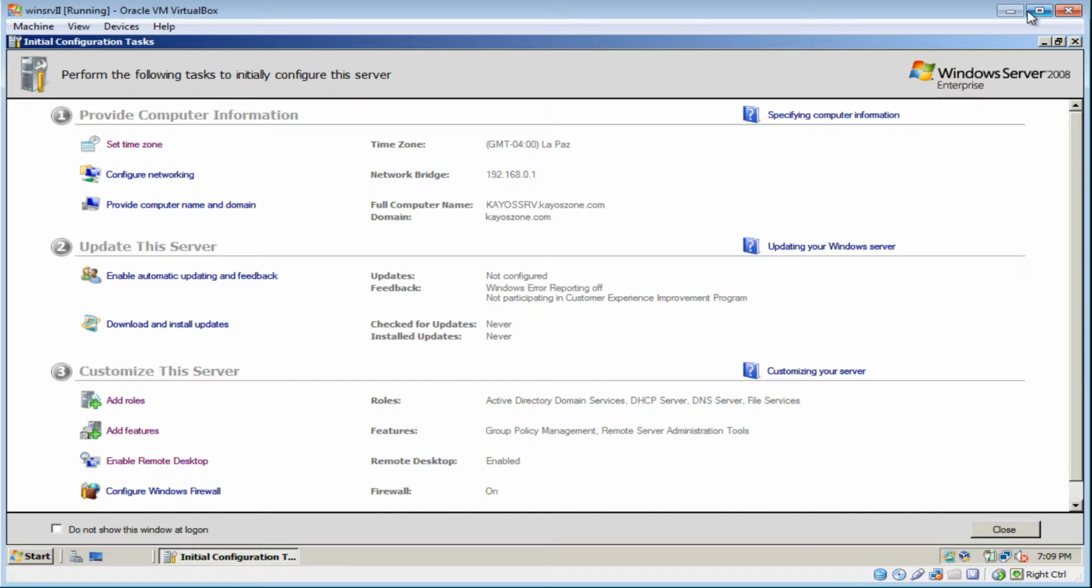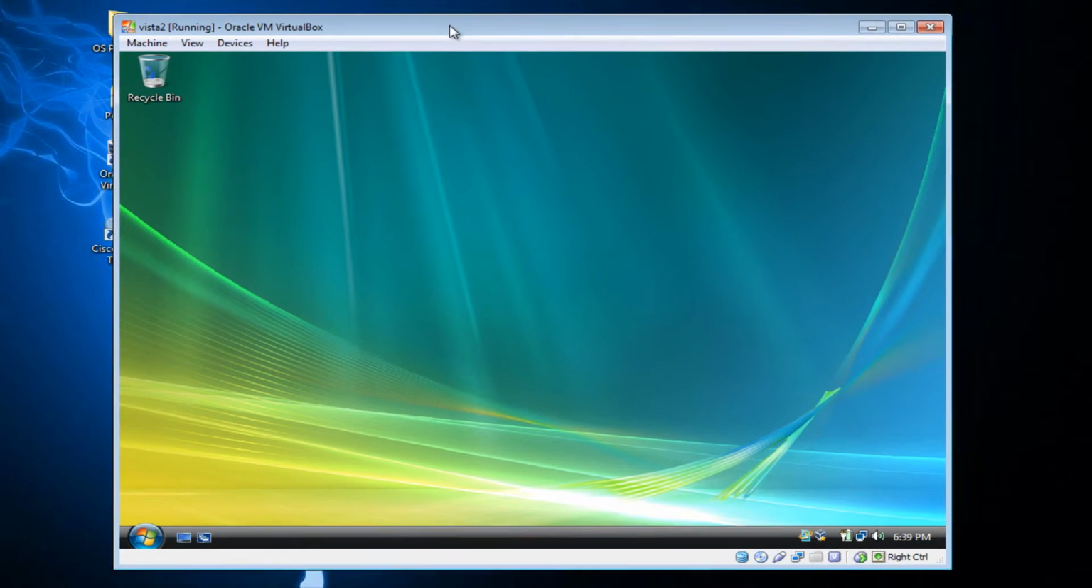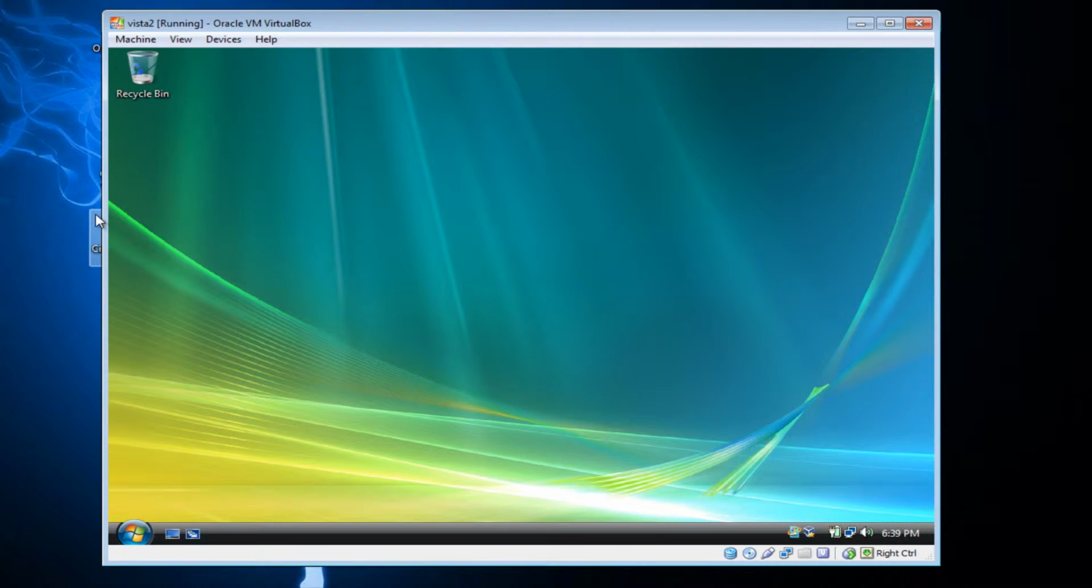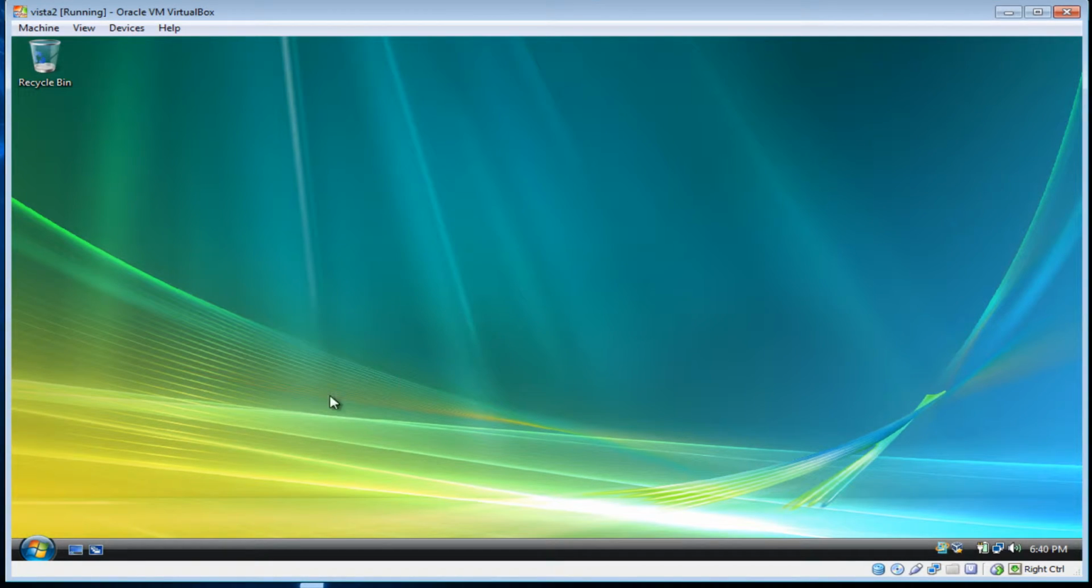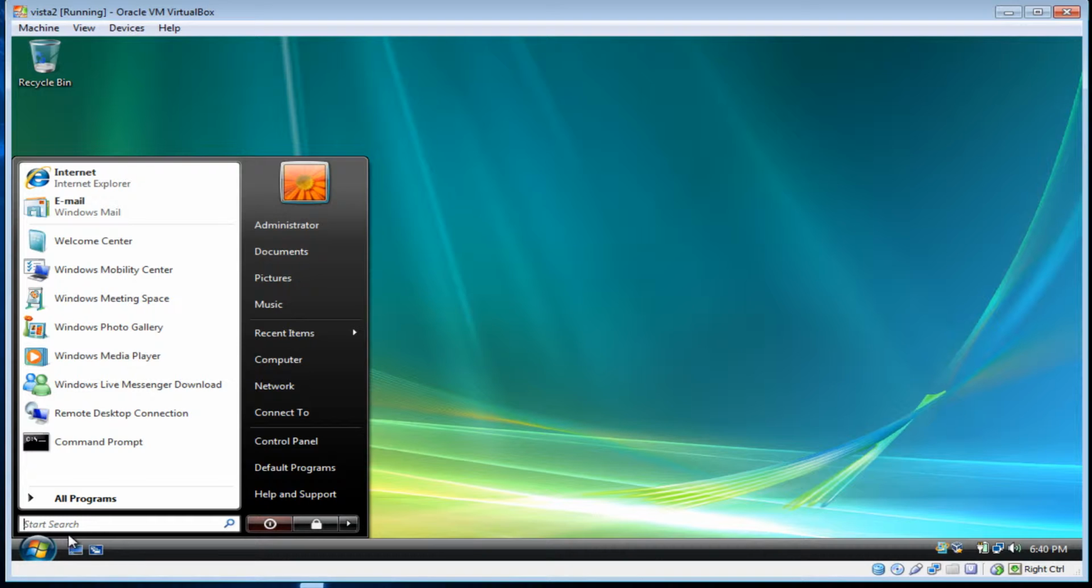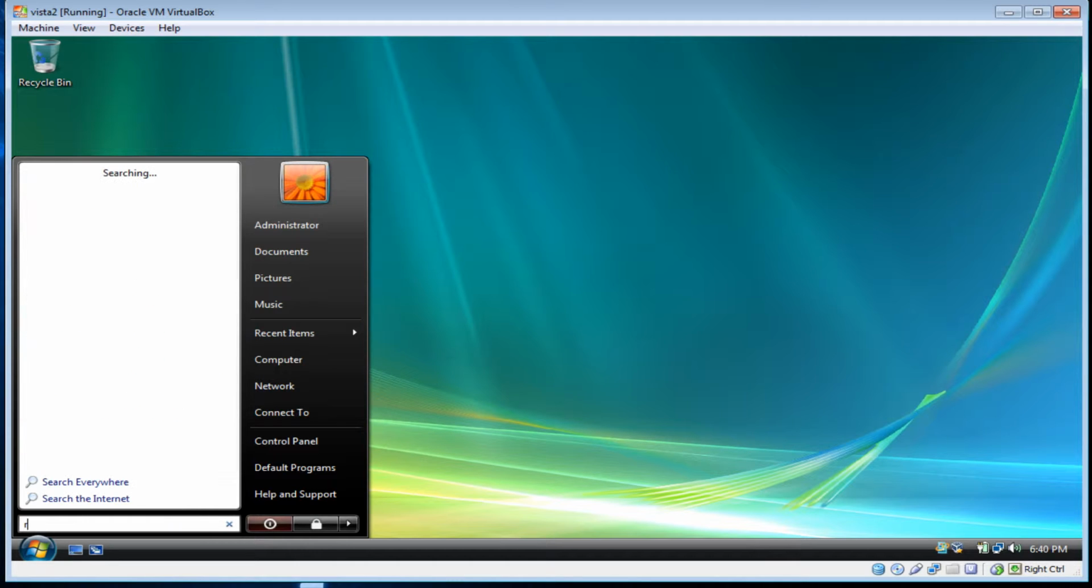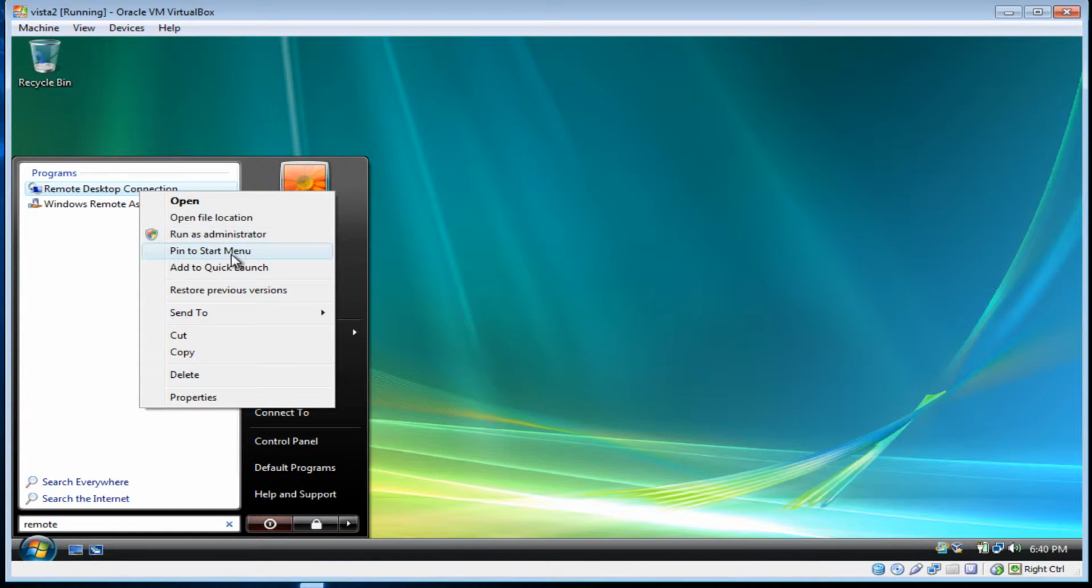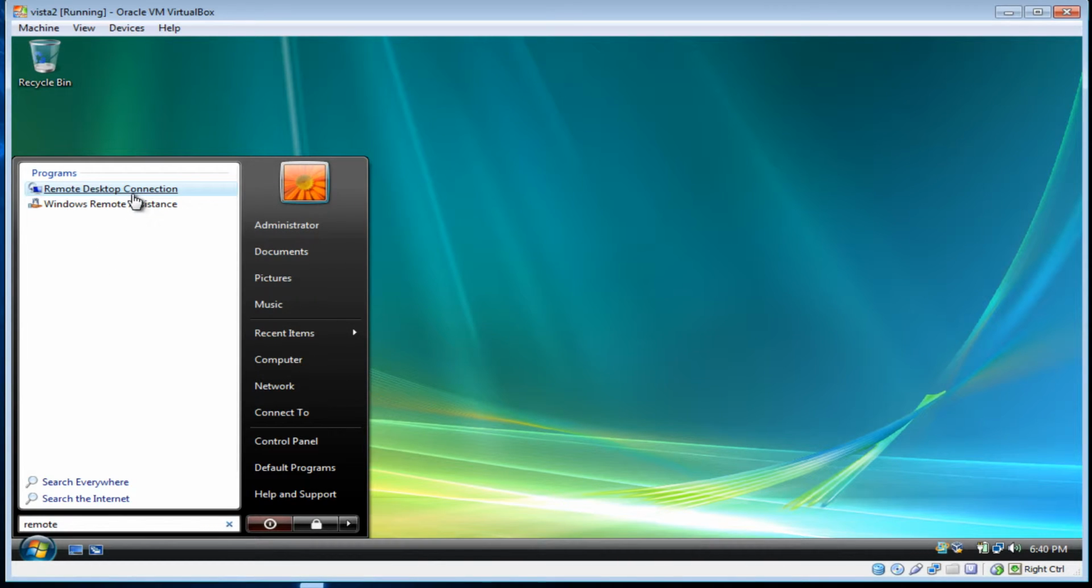So I will minimize my server, and I have a Vista VM here running in the background. Now what we're gonna do, we hit start, and we will see remote desktop connection. Now in the event that it's not here, all you do is just go to the search, type in remote, and it should pop up automatically. Just right click on it, you can add it to the start menu or to the quick launch. Just select the remote desktop connection,